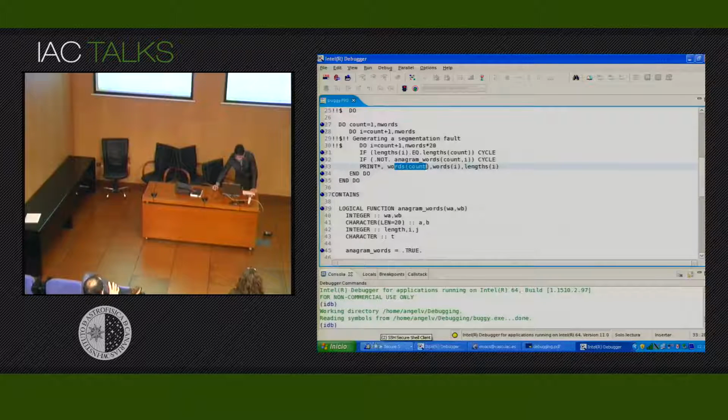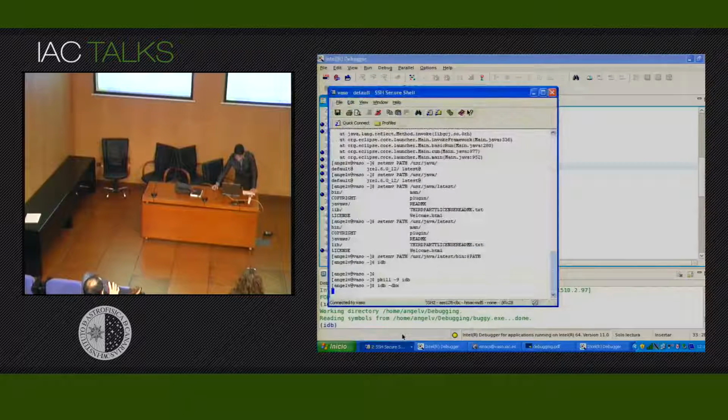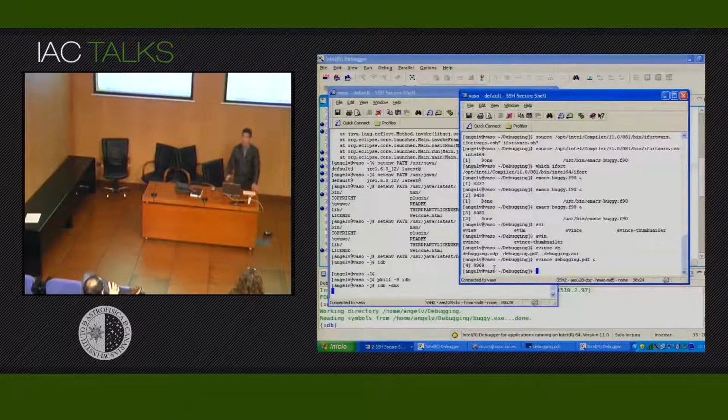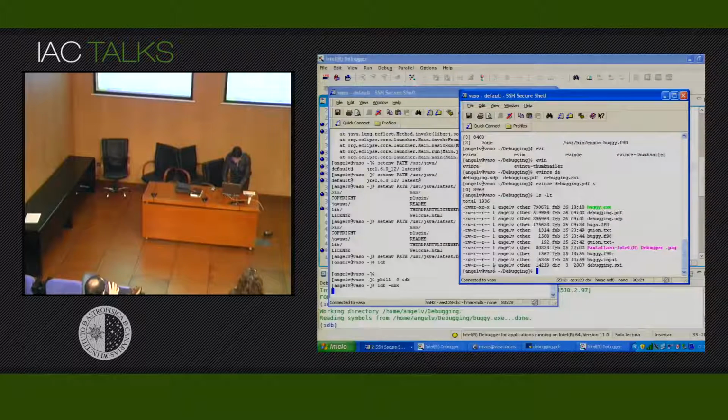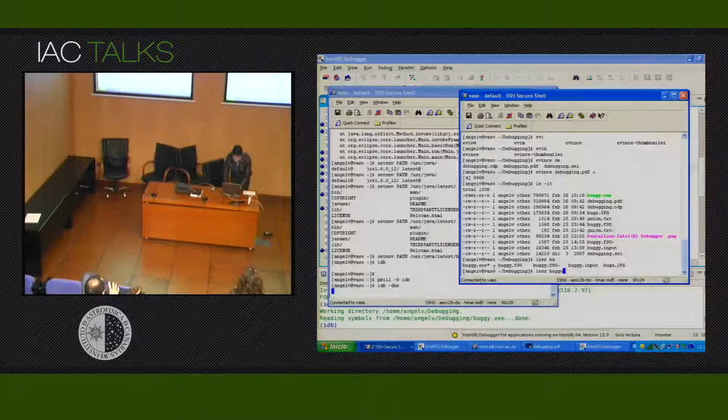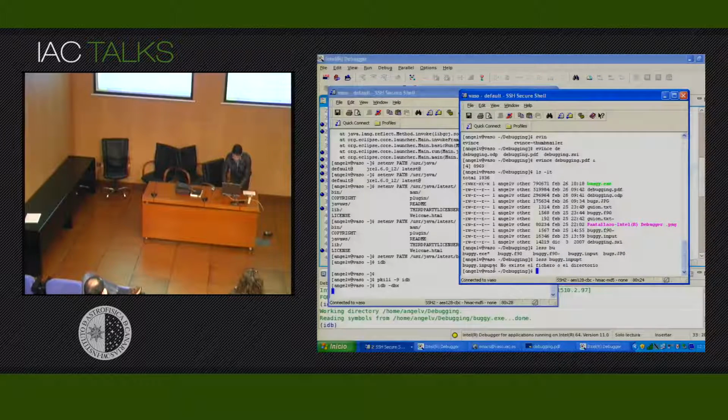So we have the list of the words in one file here, buggy input. Just a list of around 2,000 words, okay? And there are some that are anagrams. But if we run the code, we can compile it with